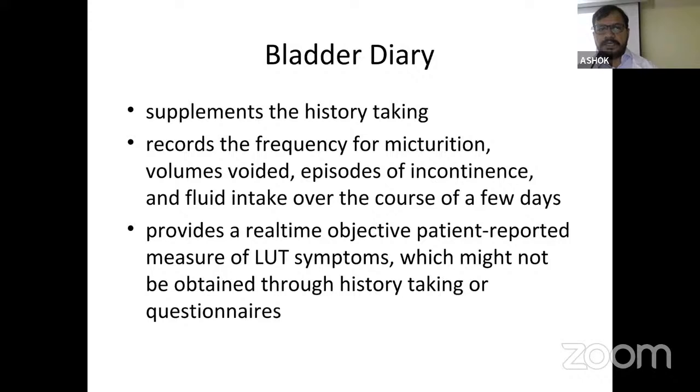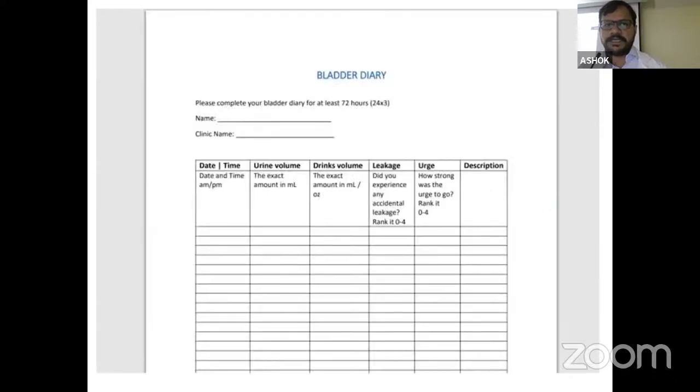Bladder diary. It supplements the history taking: record the frequency of micturition, volume voided, episodes of incontinence, and fluid intake over the course of a few days. It provides a real-time objective patient-reported measure of lower urinary tract symptoms which might not be obtained through history taking or questionnaire. In a bladder diary, at least 24 hours is required. It includes date and time of void, urinary volume, drinking volume, type of fluid intake, leakage,